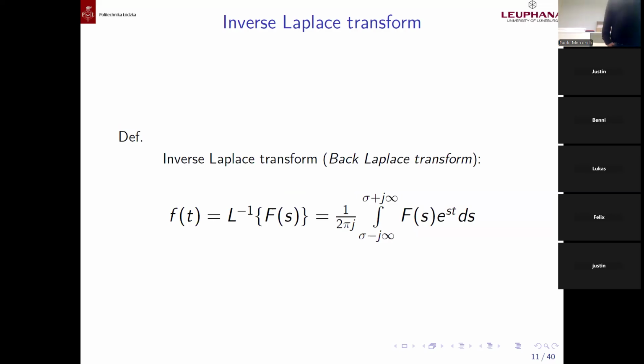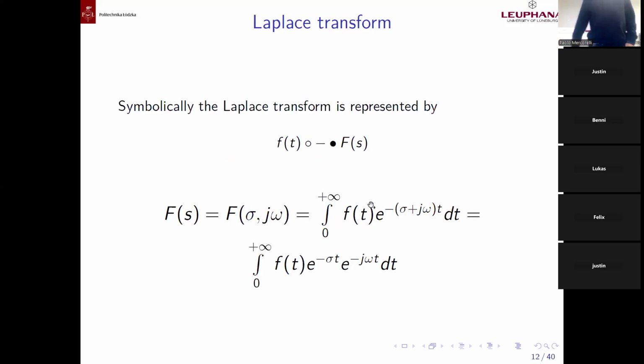Shortly about the inverse Laplace transform, the definition is quite complex, we can see here. We don't typically use it because once we build the table of the Laplace transform, we can use the same table to come back in time. This means the inverse Laplace transform is a mathematical expression which, given the Laplace transform of a function, lets us come back to the original real function. It exists, but we don't have to learn it, because we will see that we can avoid calculating it. Here is just again the definition. I would like to go ahead